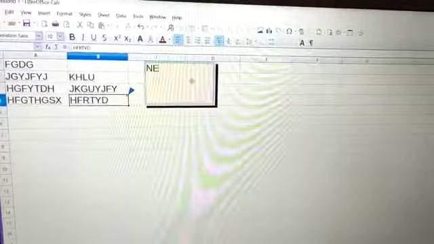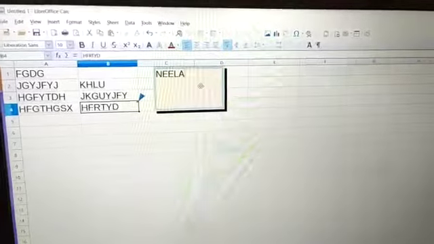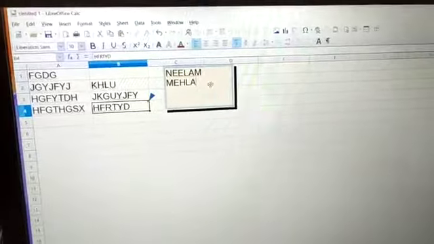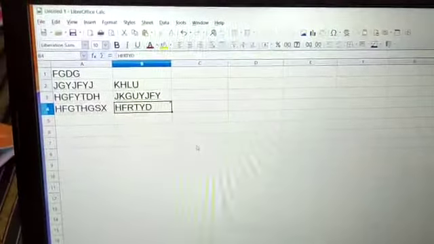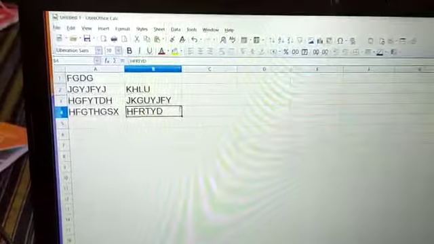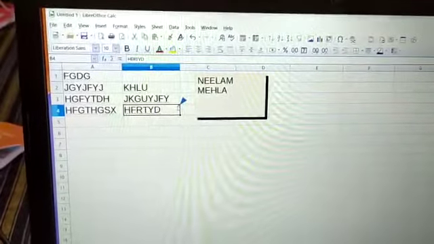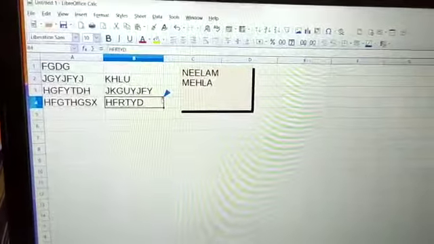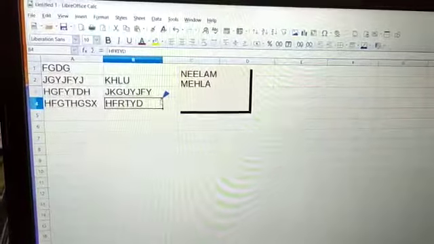When I click on comment, this kind of box will appear. You can write down here: these changes done by Neelam Mehla. I write my name here. Clear? This is the way by which you can insert a comment. Now when I hover my mouse, it's showing that these changes are done by Miss Neelam Mehla. Clear? This is the way by which you can insert a comment.